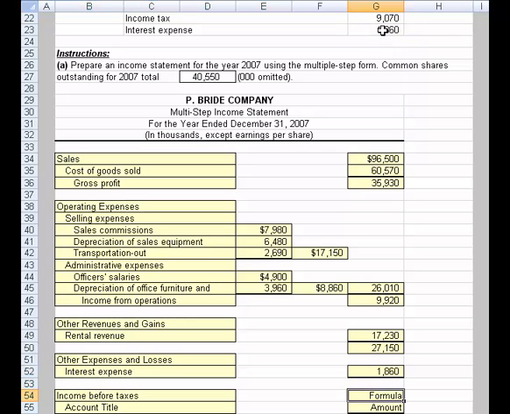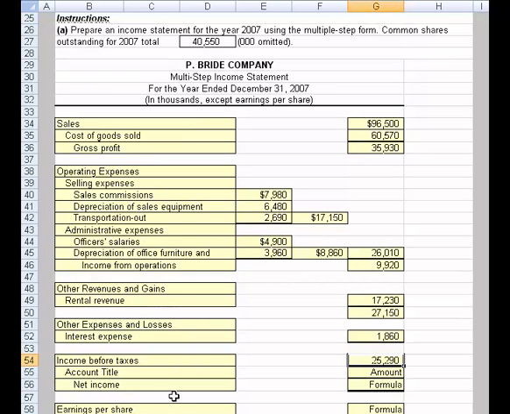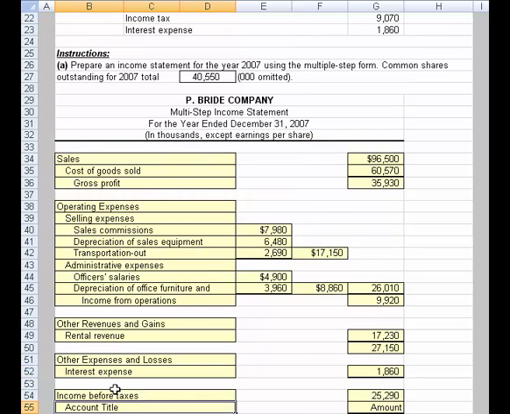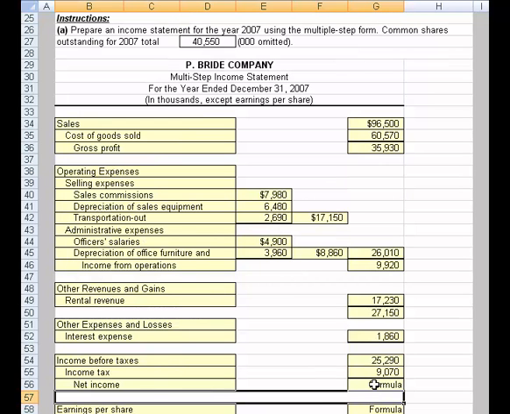So then we're at income before tax. Again, now we just take that subtotal with no reference, less the interest expense, and we're down to $25,290,000. But we're still in positive terrain, so we have income. That's good. And then we need to back off our income taxes. Let me slide to see if I can get that. Yeah, we can barely get this on the screen. There's our income tax line, 9070. And from there, I think we've accounted for everything. Net income, 25,290 minus 9070. So we come up with